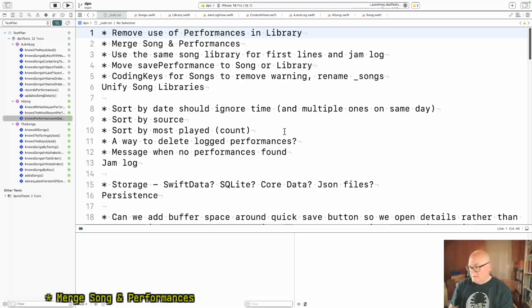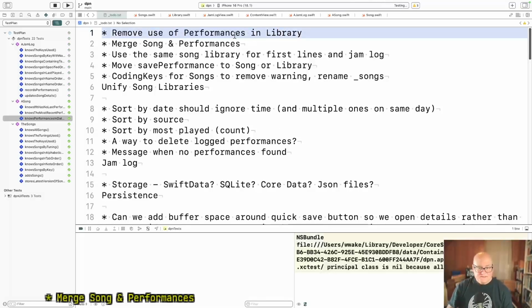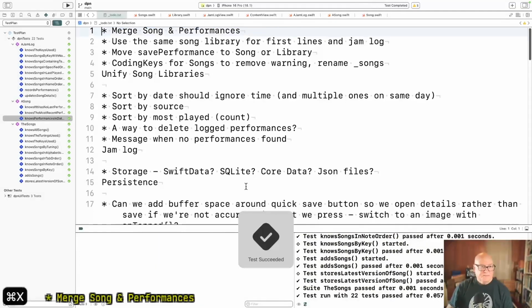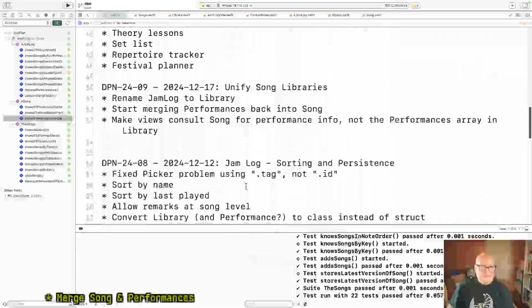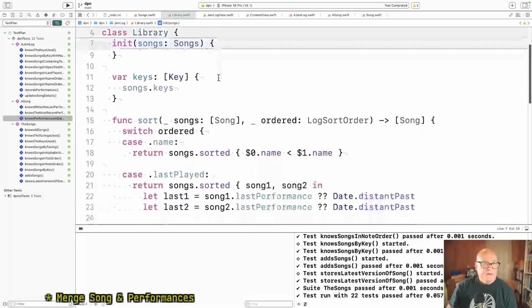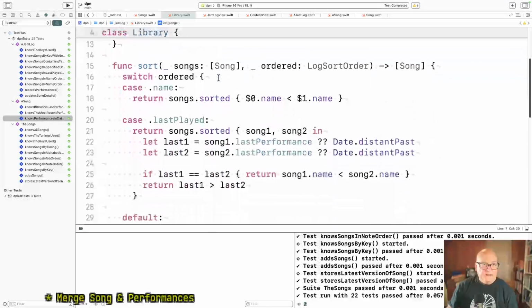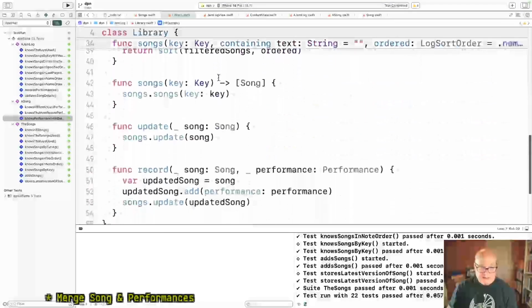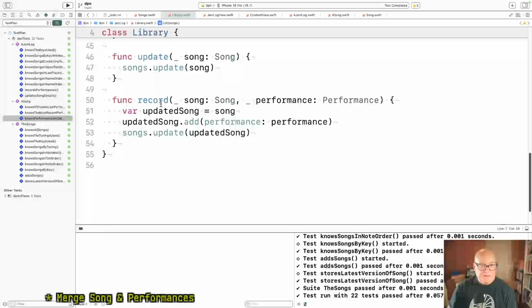I'm still running. Okay. Now, this thing is not adding anything with performances.